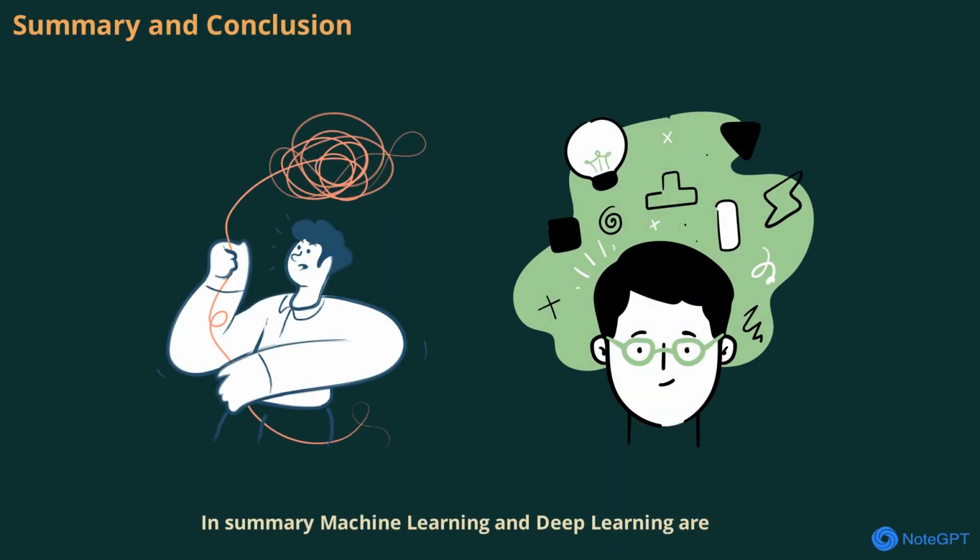Summary: machine learning and deep learning are both essential fields within artificial intelligence. Machine learning provides the foundation for systems to learn from data, offering transparency and reliability for structured tasks. Deep learning builds on this foundation, using layered neural networks to solve complex problems with high accuracy. Each approach has its strengths and ideal applications, from finance and healthcare to entertainment and robotics. Understanding their differences helps us appreciate the power and potential of AI in shaping our world.